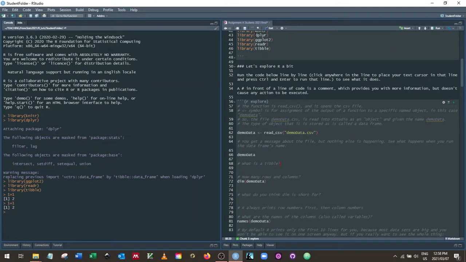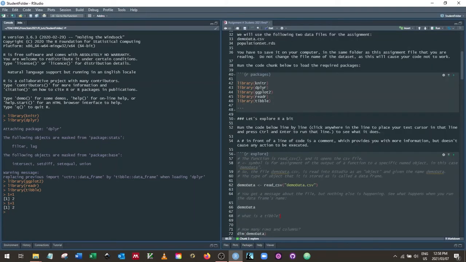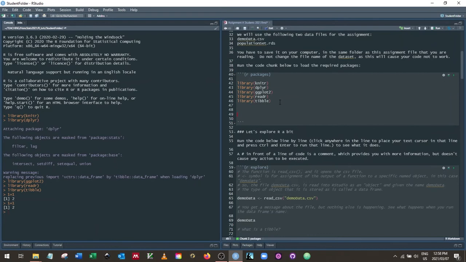Also, like I said before, let's just go back to this code chunk. If I write 1 + 1 like I wrote before, if we run that code, Control Enter, so your cursor must be in the same line that you want to run, then you press Control and Enter, you would have seen the result showing up here. So this is the script, it contains the code, we run it from here, and then over here it shows us I ran this code 1 + 1, and the answer of that is